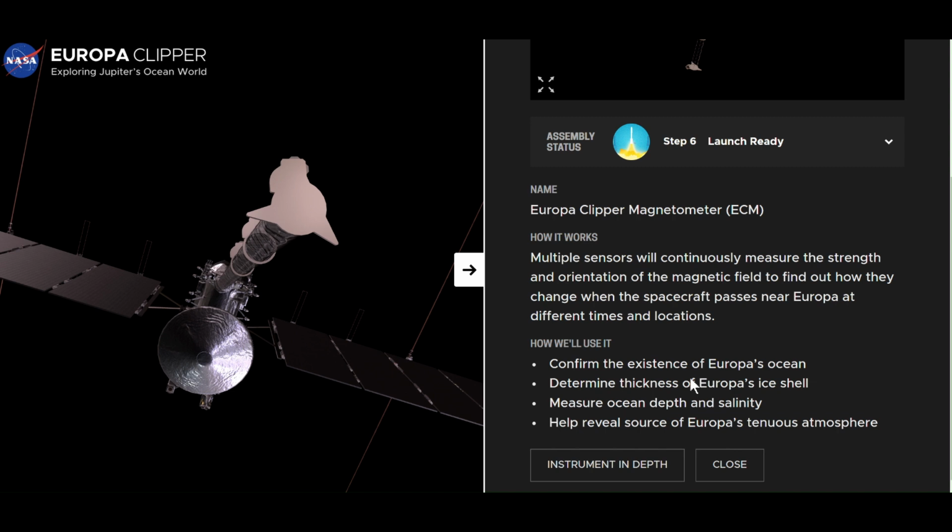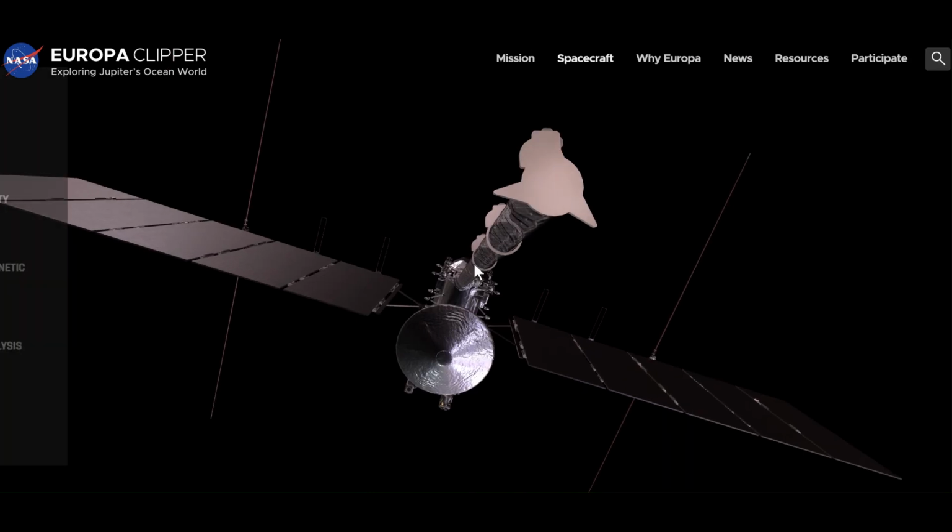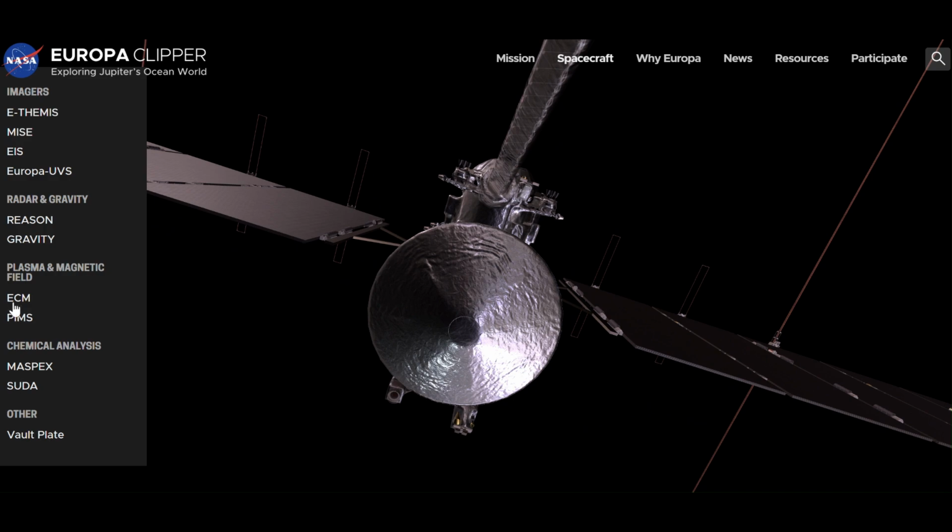Like, the Europa Clipper magnetometer will confirm the existence of the water, and most important, the salinity. So I think this part is the most important. Actually every part is important, but this one will tell you exactly what the ocean depth is, and also confirm the existence of Europa's ocean. Okay, the next one is